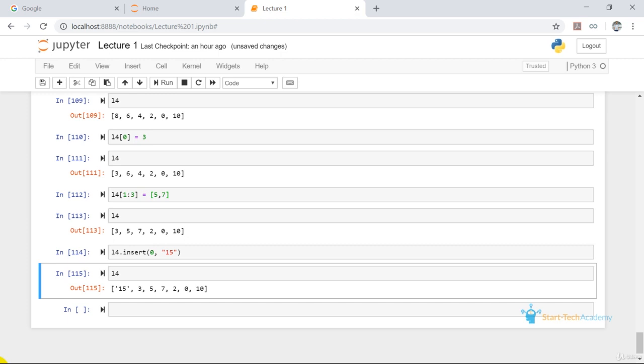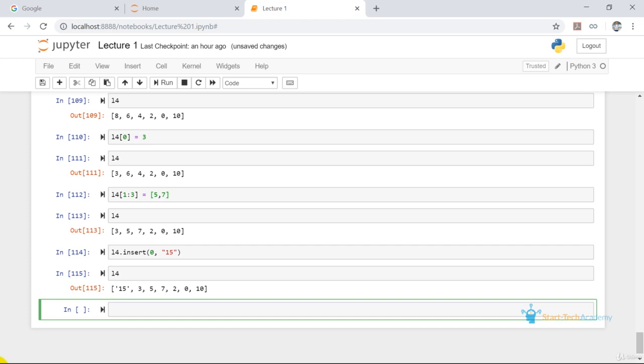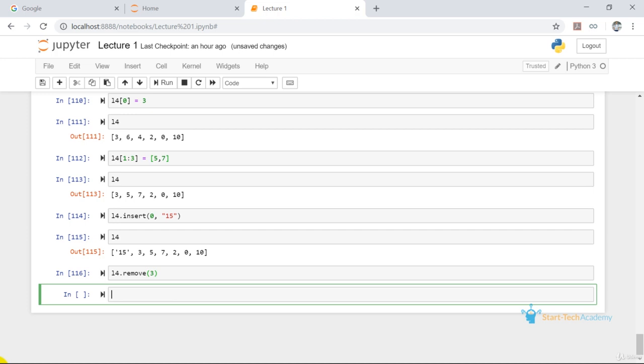Now if we want to remove an element of this list, we can do this by using two commands. First is the remove function and the second is the delete function. Remove function will remove the value of that element. So for example, if I write L4 dot remove bracket 3, it will first search the elements which have the value 3. In that case, this is the second element, so it will delete this second element. If we run this,